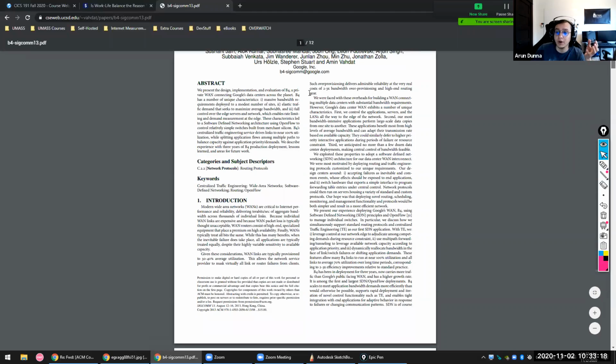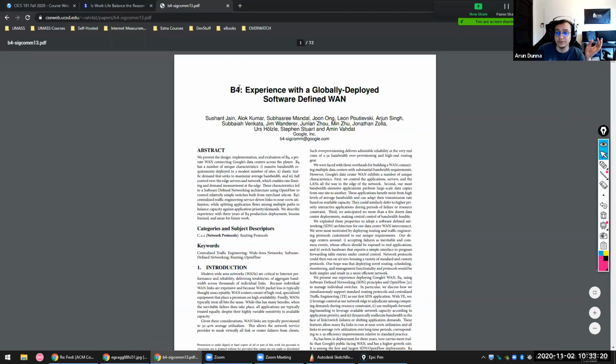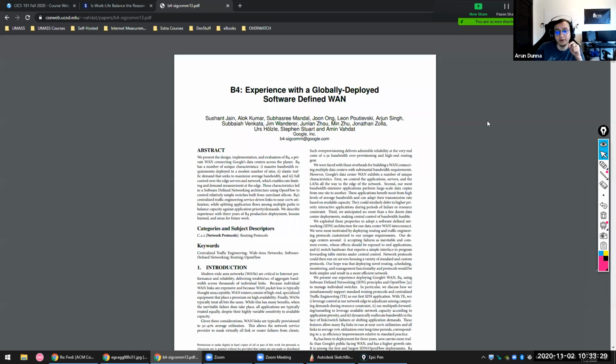But this is an example, right, of B4, which is the platform that Google uses to do all of their traffic engineering, right? So this is where, whenever you send a request to watch a YouTube video, what server is that directed to, and how are those servers all connected together, right? And that's really what Google's B4 is about, because there are hundreds of thousands of servers and billions of people to serve, right? And you have a limited amount of resources. So it's about how do you make efficient use of those resources,